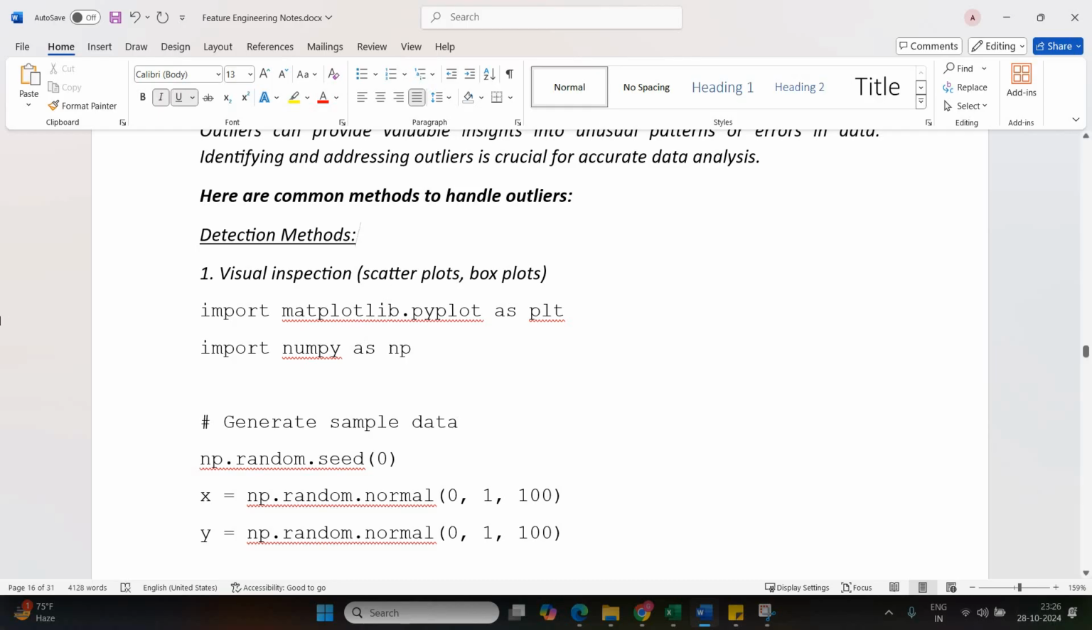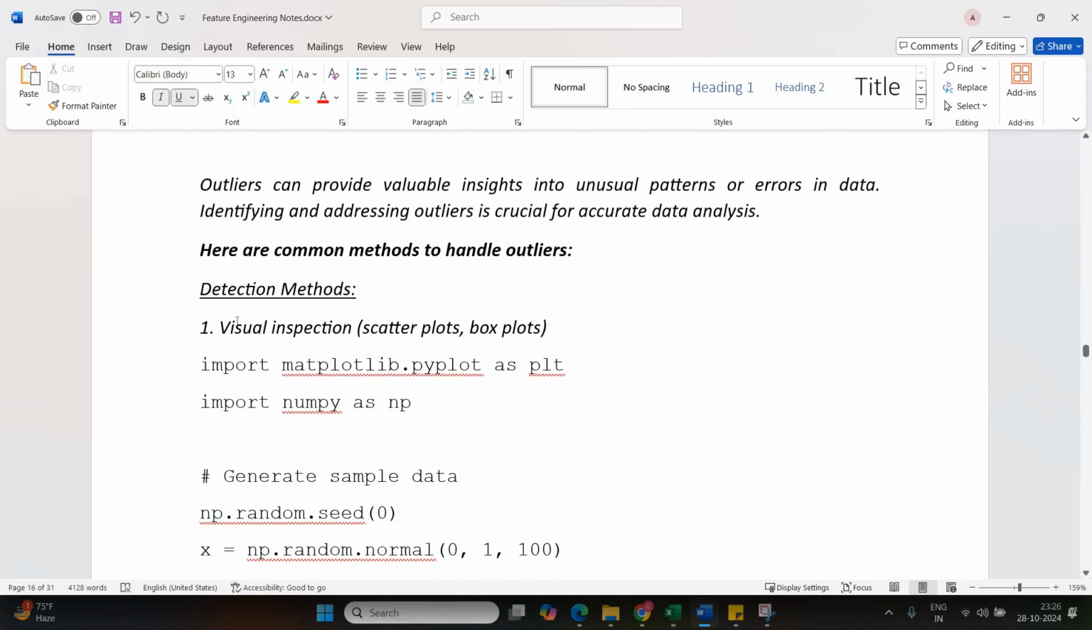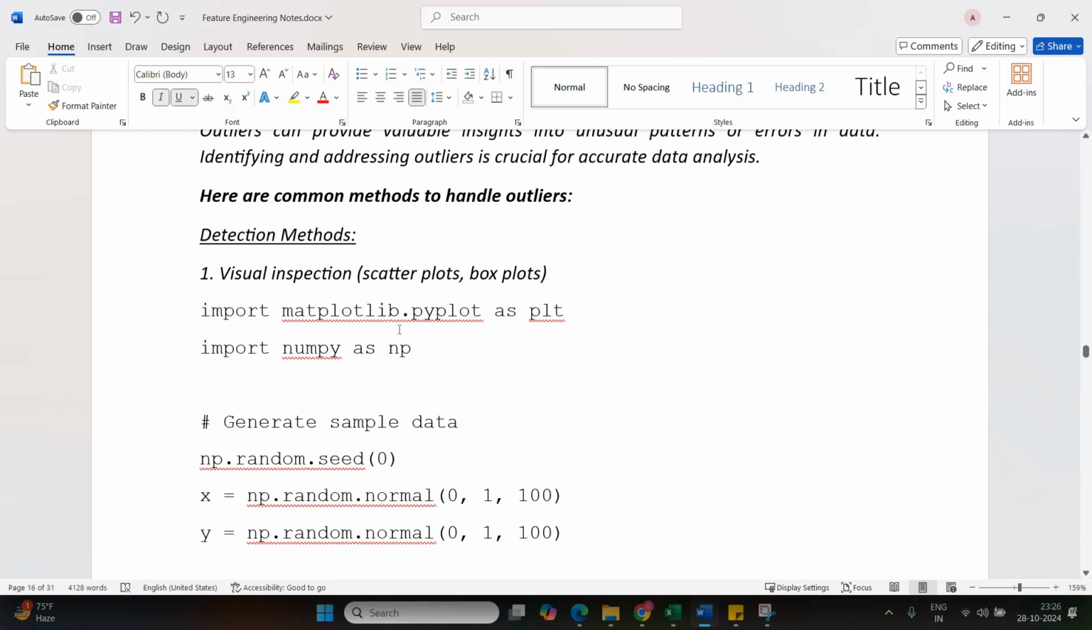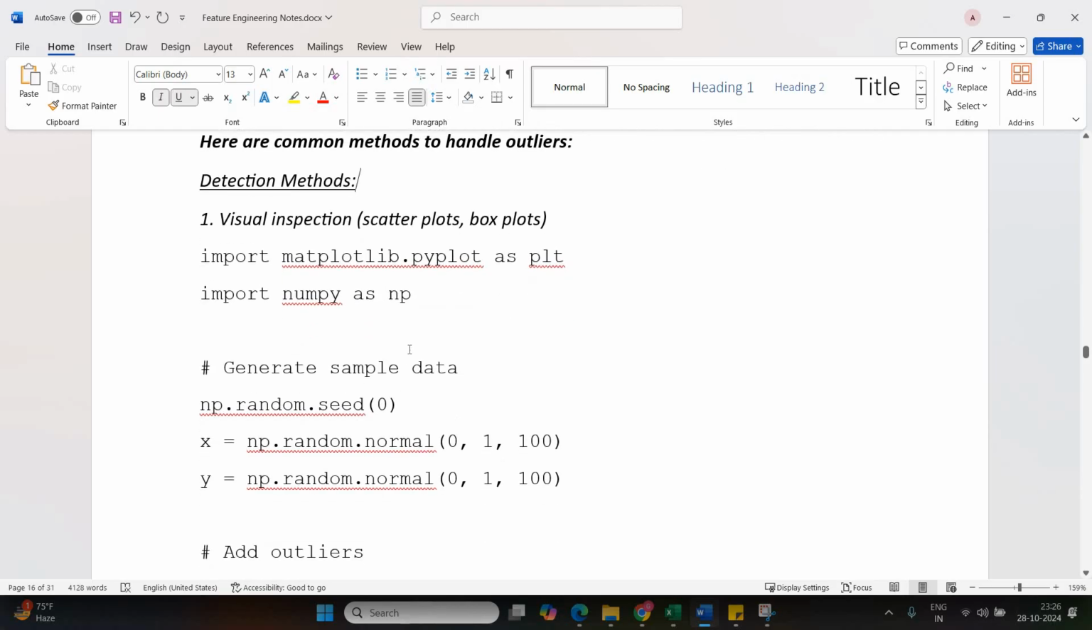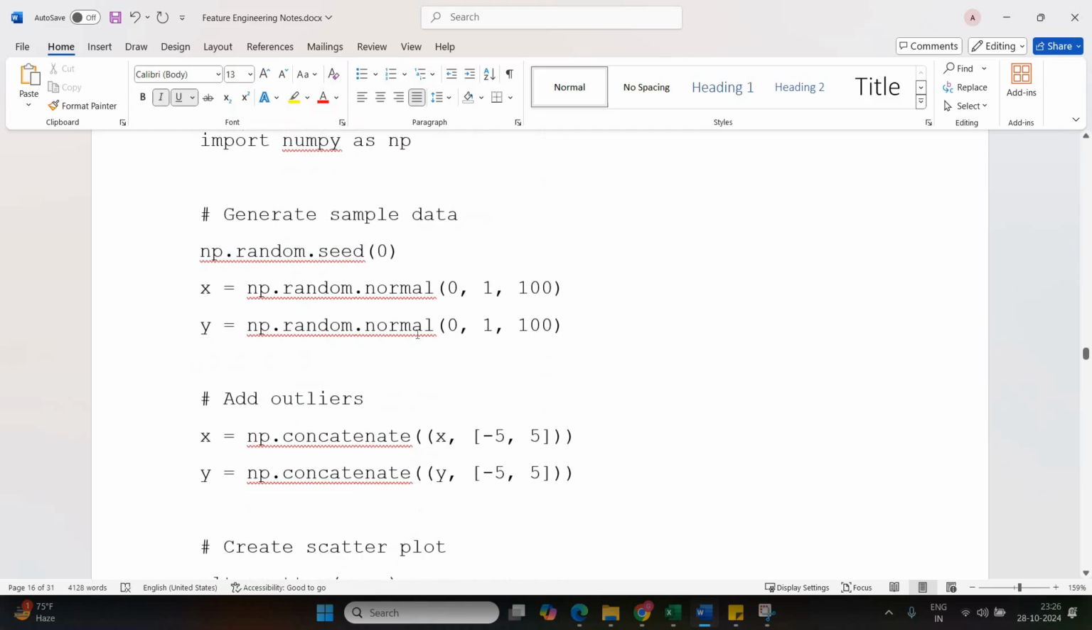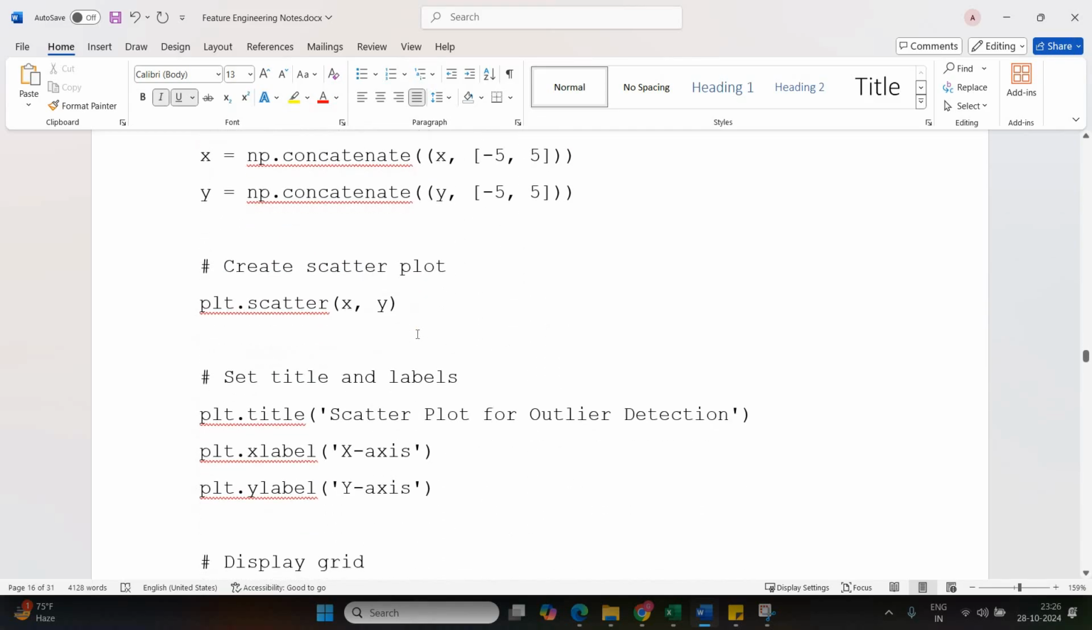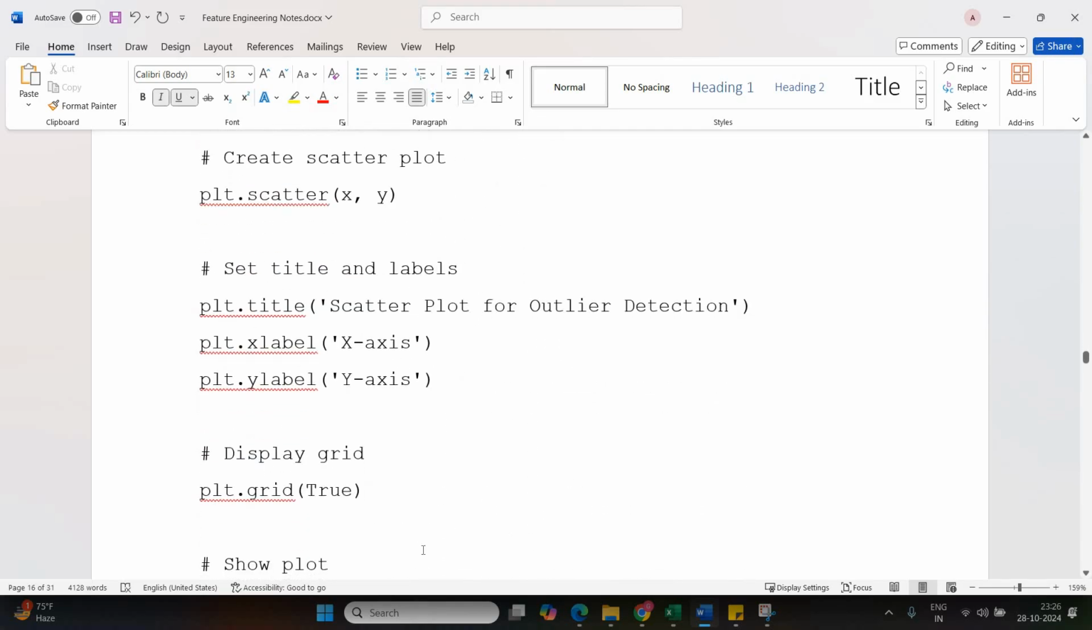Among the detection methods, one is visual inspection, where we plot scatter plot graphs and box plots. We are going to see these two methods, and this piece of code I'm going to show you. I will provide this piece of code somewhere in the resource section or in the comment section, so you can just take it from there, right? So I'm going to again use the